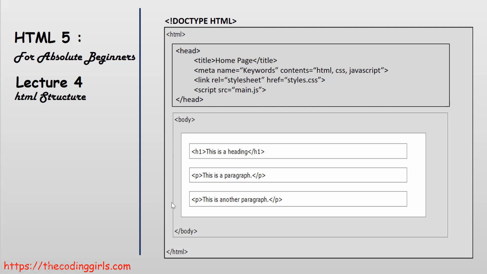There is another important element which is technically not an HTML element, but we need it. This is the first element of any web page, and it is written as left angle bracket, exclamation mark, DOCTYPE, usually written in all caps, HTML, and the right angle bracket. This is not an HTML element, but this is a declaration and it tells the browser that this is an HTML document. The doctype HTML is specifically for HTML5. So this document is an HTML5 document.